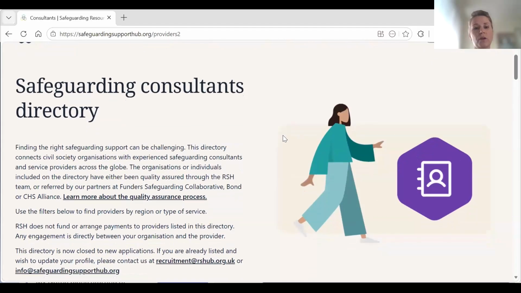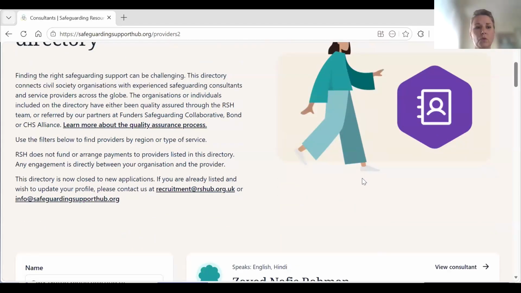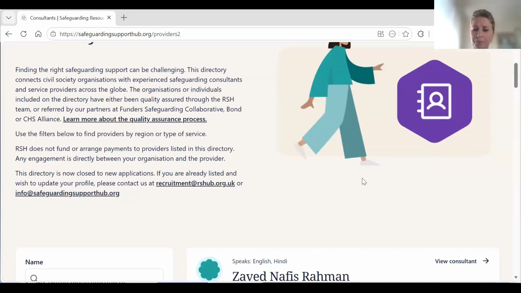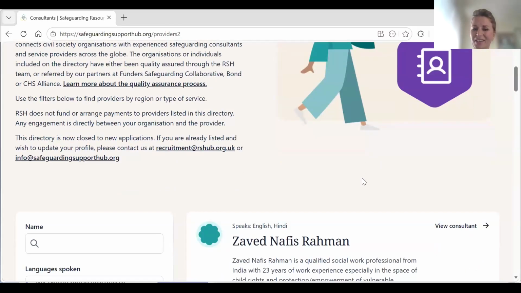So we have a list of organizations or individuals who provide safeguarding advisory services, and they have been quality assured either by RSH or were recommended to us by some trusted partners. We have a strict quality assurance process related to this.